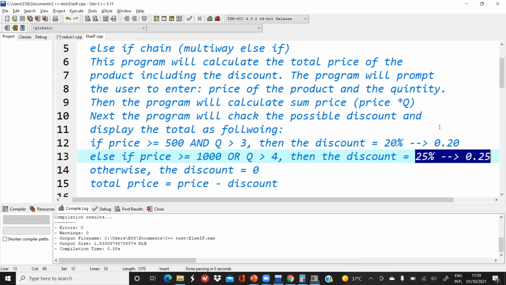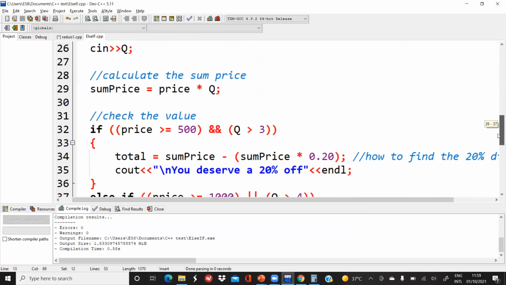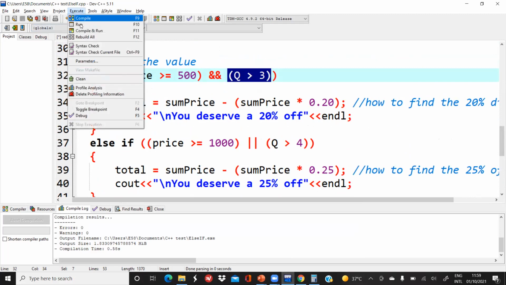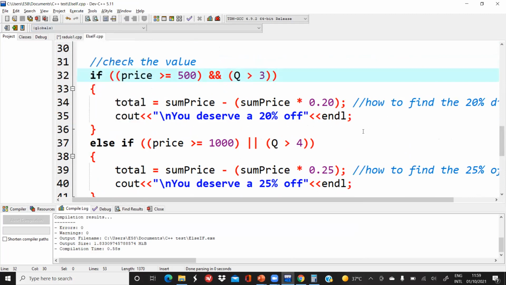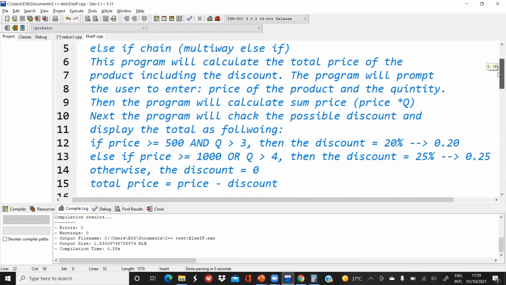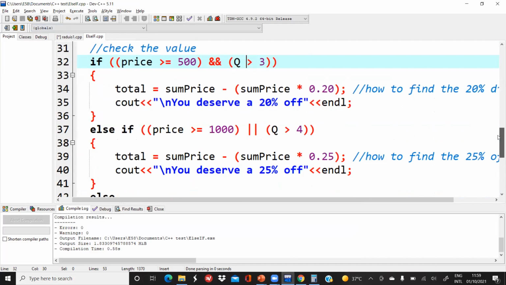Did I add equal to the 500? Yeah. More than or equal, bigger than or equal 500. Oh, and so sorry, and supposed to be bigger than 3. And this is actually why it's not working. I'm going to upload it for you. Okay. So this is the